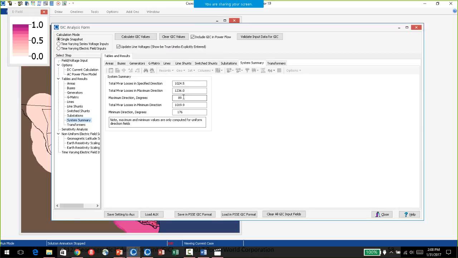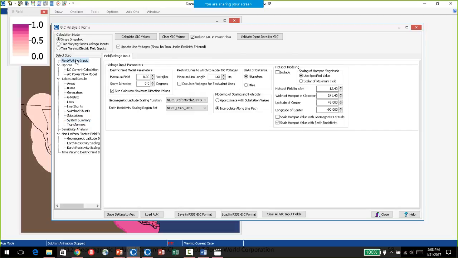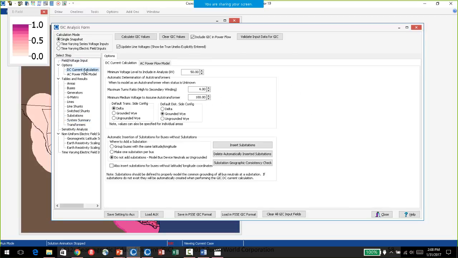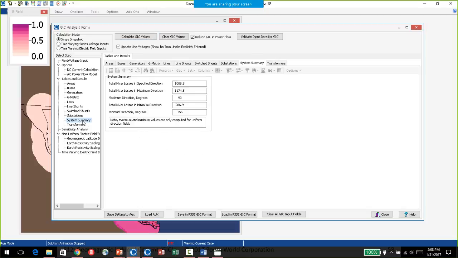There's some slides that show 93. I think one thing that I didn't do that was described on the slides is if I come to the DC current calculation, this default here is to include everything down to 50. If you wanted to use the NERC standard at 200, I could put that in. That changes a lot of the data, but it changes the worst case orientation.